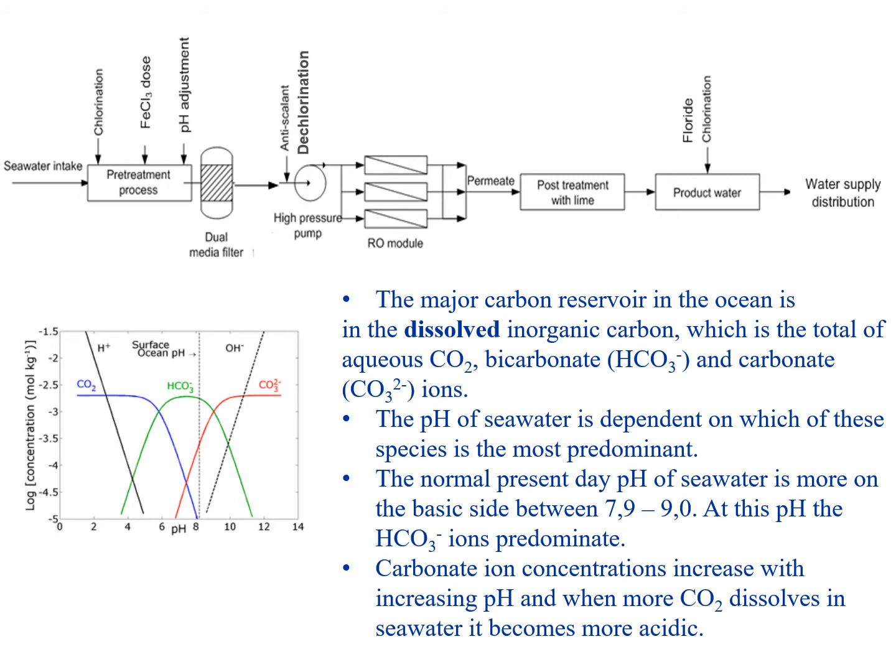So this low pH will dissolve the calcium compound in our teeth. So we have to consider what's the pH of the seawater. So this pH of seawater is around 8 to 9. So why is the pH very high in seawater? In the seawater there is dissolved inorganic carbon, which is the total of aqueous CO2